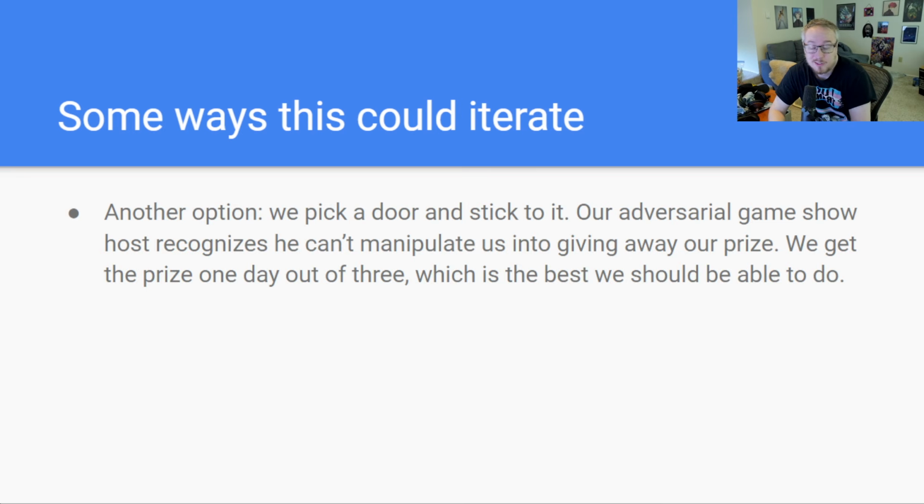Another way, though, that we could do this, we could pick a door and just stick to it. And if they offered us a chance to switch, we could say, no, it's okay. I made the decision with the information that I had, and you giving me new information as someone adversarial to me is not going to change my mind. And if we do that, the game show host, too, again, is a he, because this was made by people who were into math in the mid to late 20th century.